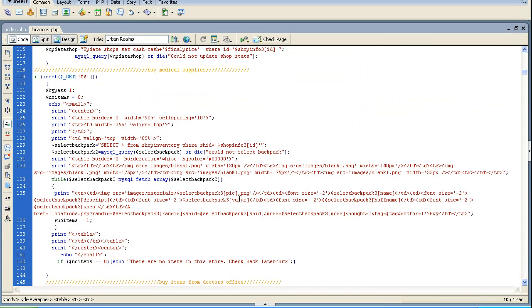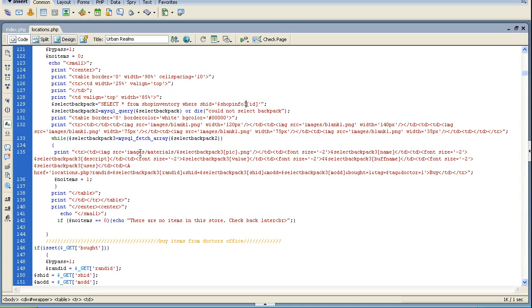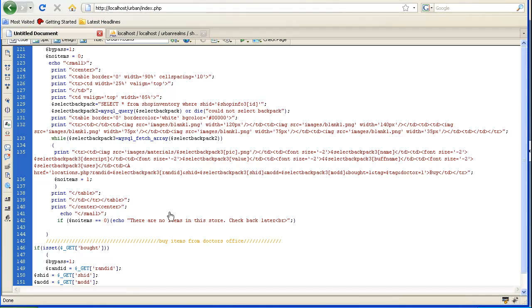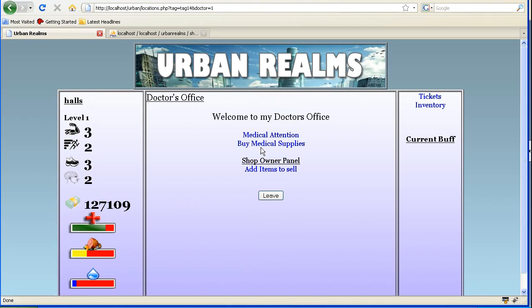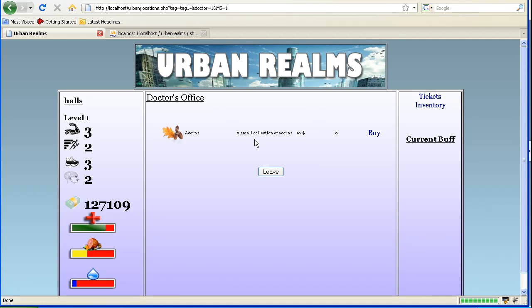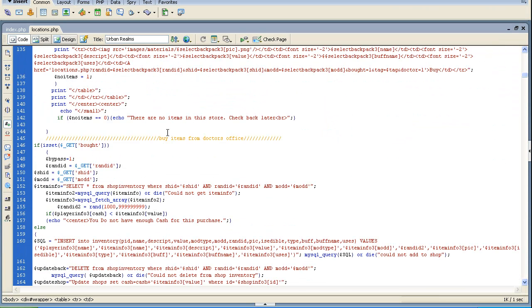And it's just going to lay out everything it has, and kind of give you that menu that we looked at earlier with the different items. And you buy medical supplies, that sets the get variable, and then here's what's in there. That's all that's in there. And then if you do decide to buy something, it sets